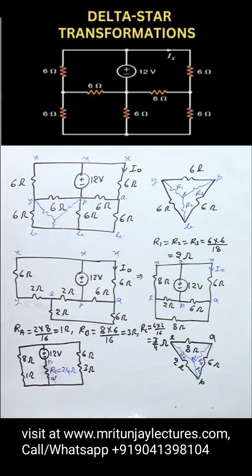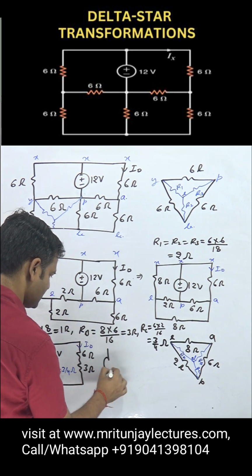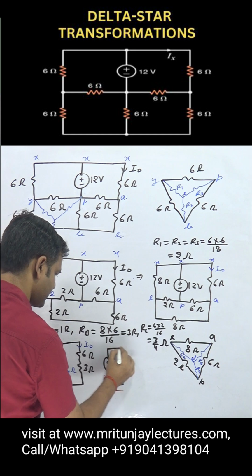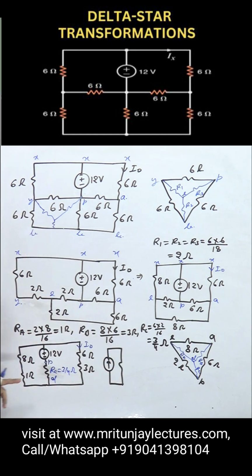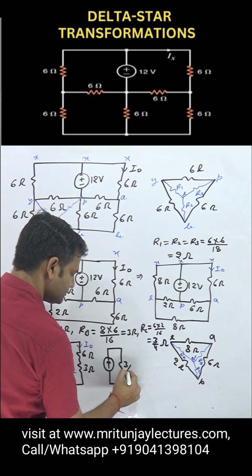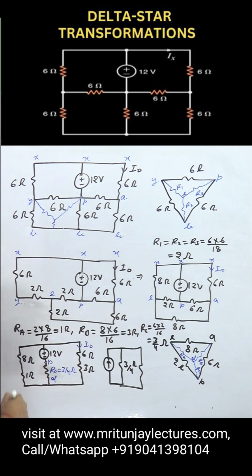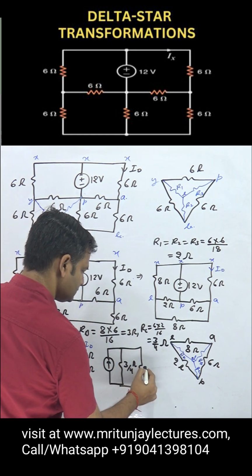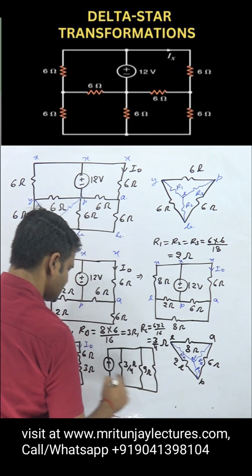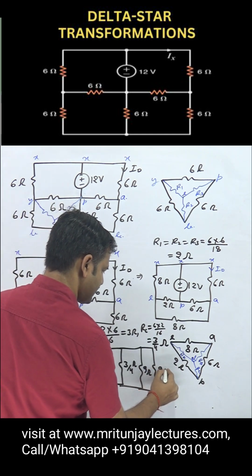After that apply current division rule. Our motive is to determine current in this branch. Apply here source transformation, then apply current division rule. Okay, so how can we apply source transformation? 12 divided by 3 by 4, that is, first of all, current direction upward, and that is 3 by 4. After that, combination of these two is 9, combination of these two is 9,